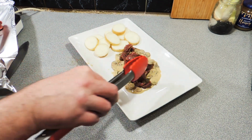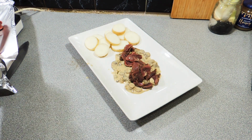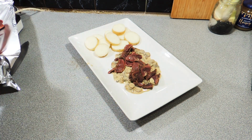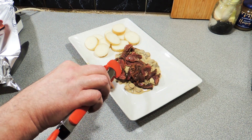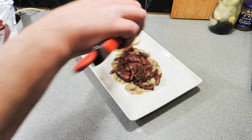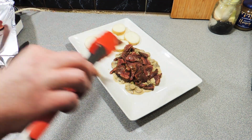Now, it's not the only way I cook kangaroo. I do cook it other ways, but I'm showing you a different technique, a little bit more modern, and a little bit in a way to showcase how beautiful this meat really is. Alright, I'd love to see you try and make this one at home if you like this style of cooking,